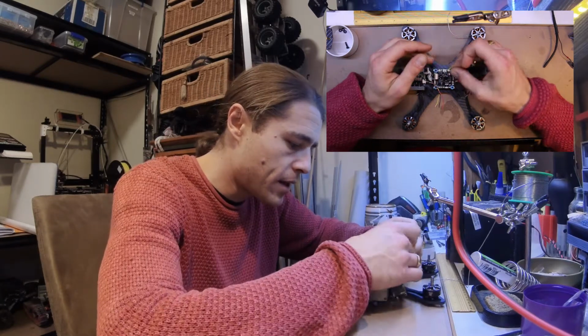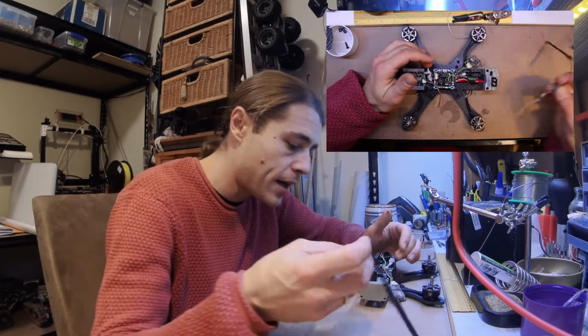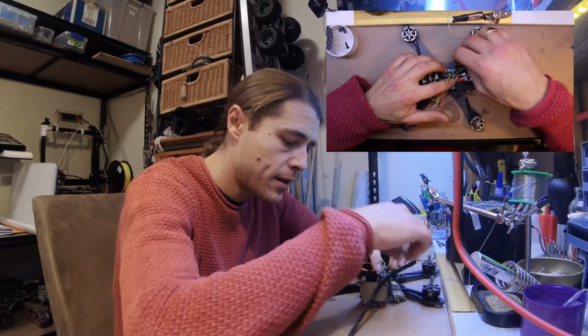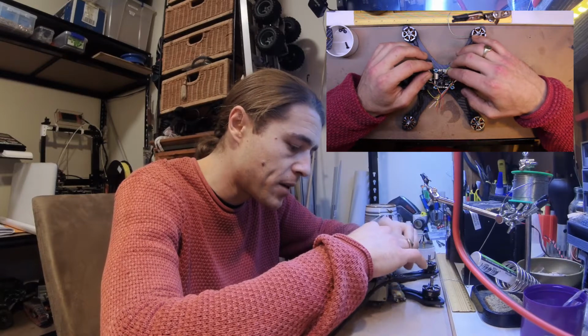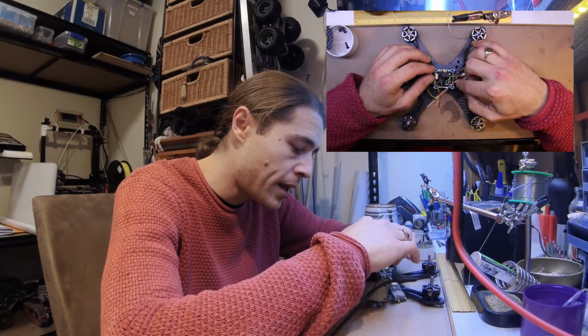On this board I'm going to have to use TX3, so this will power my receiver, and that'll be TX RX3, so UART3 is already going to be taken, so it'll end up being the...